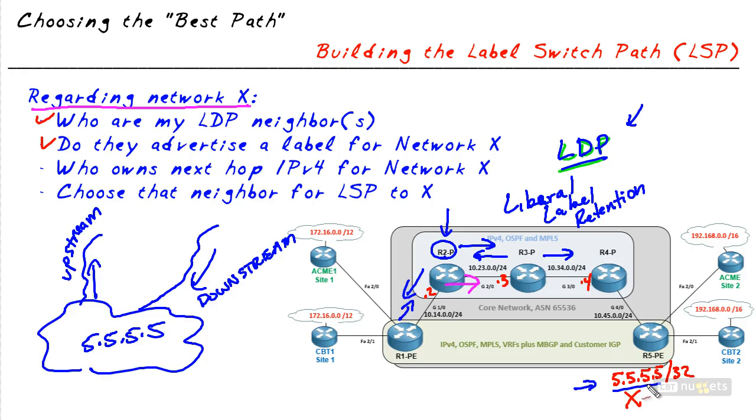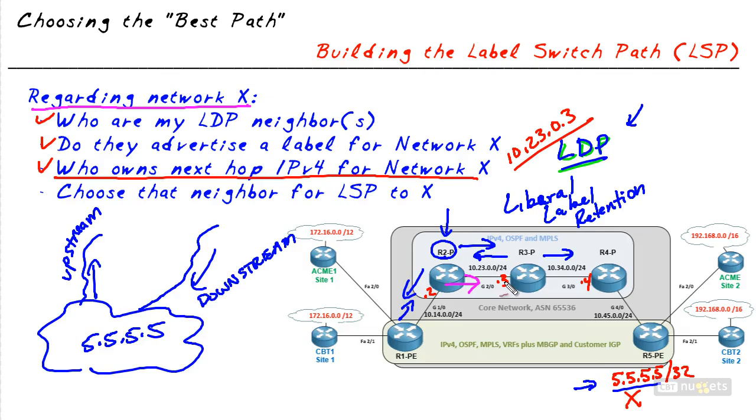Now, presuming we have two or more neighbors and they are both advertising labels for network X, in this example for 5.5.5.5, the next question we ask ourselves is, who owns the next hop IPv4 address for network X? So this one statement basically says, let's refer to the IPv4 routing table and see what the next IPv4 next hop address is. Now on R2, if the routing table says the next hop is 10.23.0.3, which it is, I'm going to write that out right here,